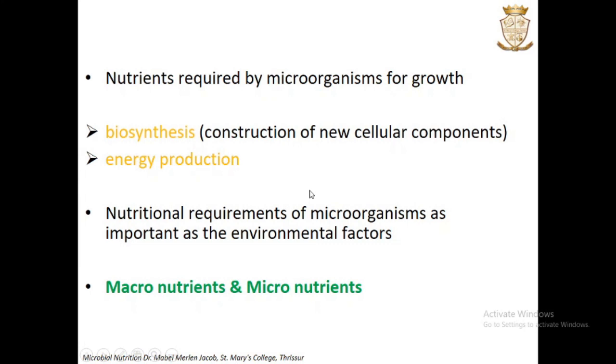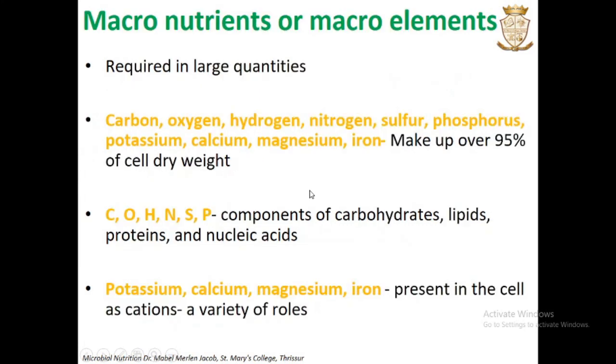Nutrient requirements are as important as environmental factors, and based on the amount available or amount required, we have macronutrients and micronutrients. Macronutrients, as the name suggests, are required in larger quantities by microorganisms. Carbon, oxygen, hydrogen, nitrogen, sulfur, phosphorus, potassium, calcium, magnesium, iron are the macronutrients, and they make up over 95% cell